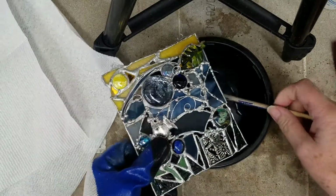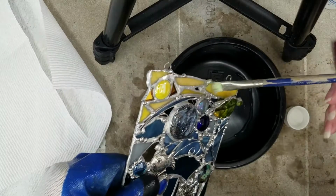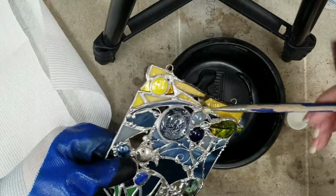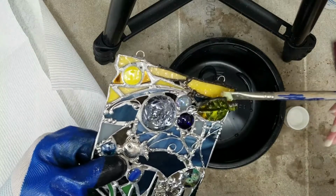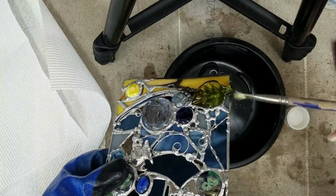This is the second part of finishing out the Dark Water abstract piece that I did in the previous video. If you missed it, I'll put a link at the top for you. Basically, it's as simple as just brushing it on. You want to scrub it into all the little nooks and crannies, and